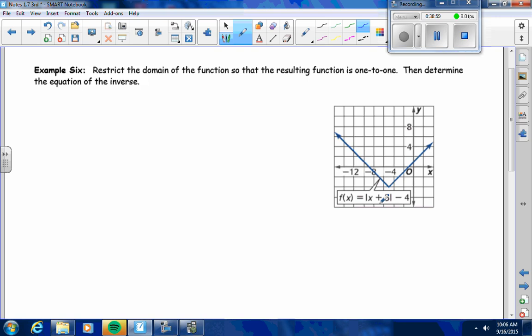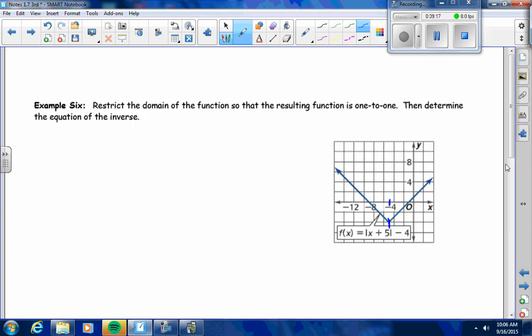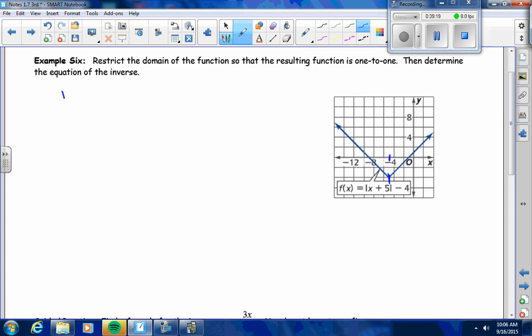Where can I start restricting the domain of this function so that it won't fail the horizontal line test? How about -5 right in there? So if I restrict the domain to -5 to infinity,